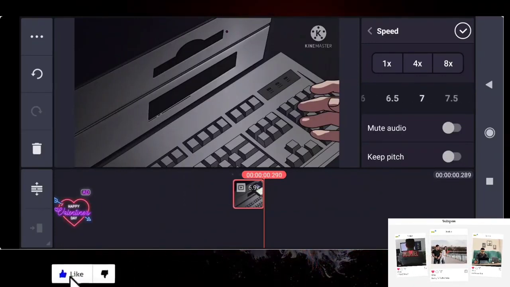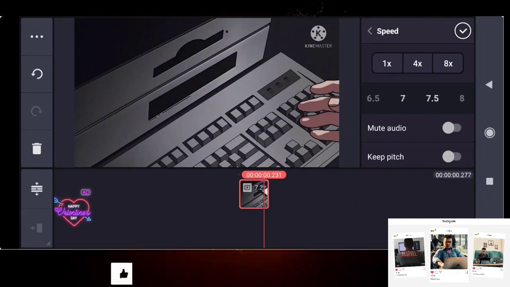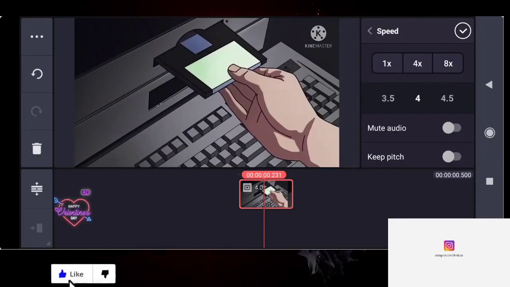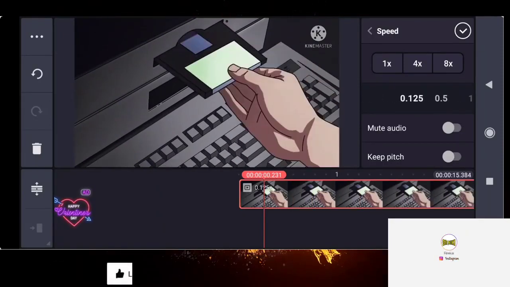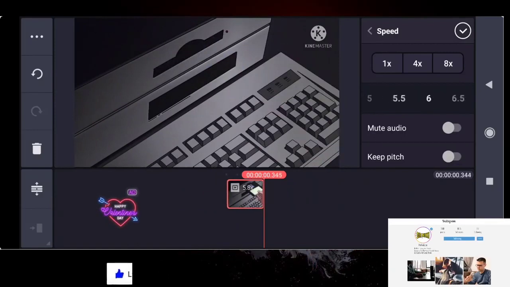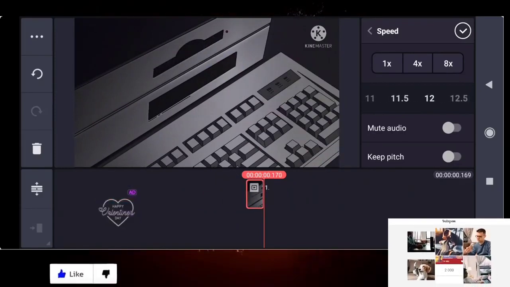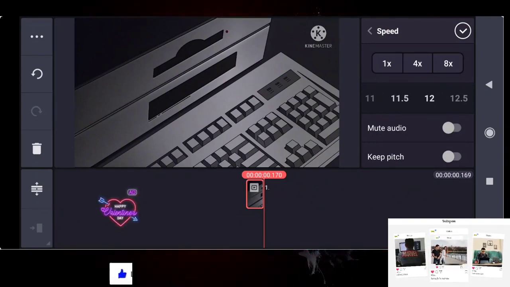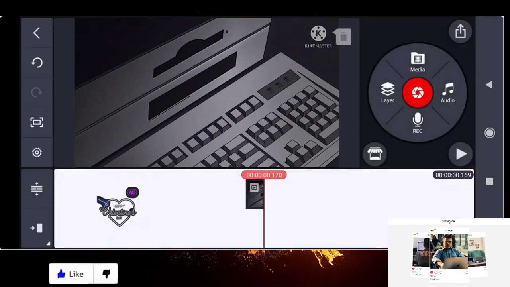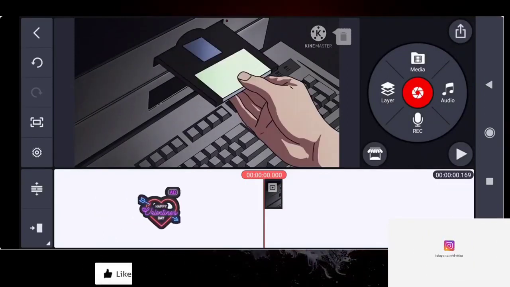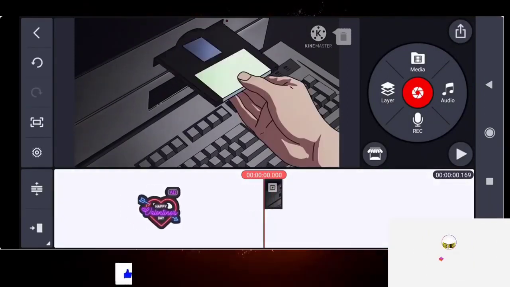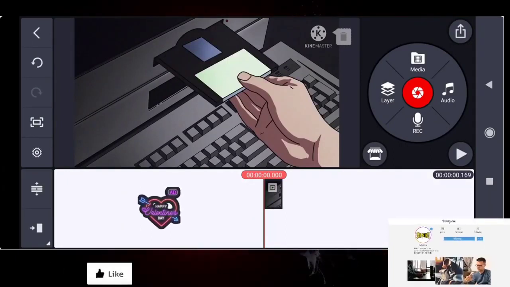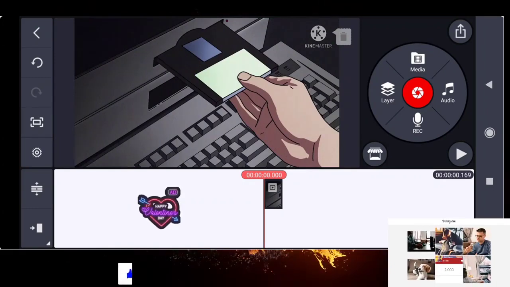We can make it slower, slow motion, or we can make it faster like this. Actually now it's slower, now it's faster. And as you can see from this check mark button on the right upper side, we can save it, and when we play it the video actually goes very fast. So that was how to change the speed of your video, or how to speed up your video on